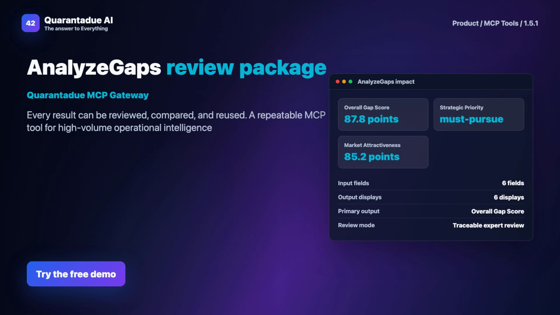In closing, AnalyzeGaps provides a systematic, unbiased approach to market gap analysis that saves time, reduces risk, and drives smarter product decisions. If you're ready to move from guesswork to precision,